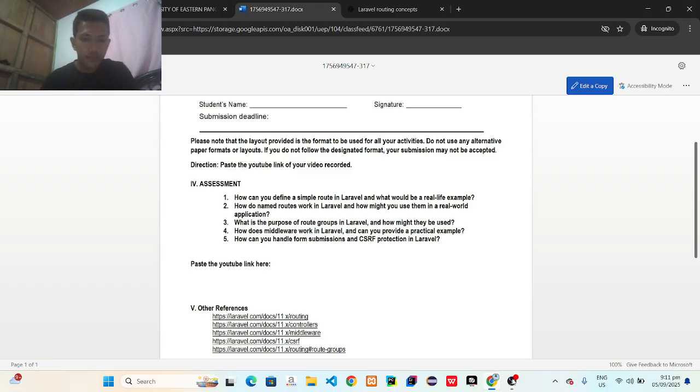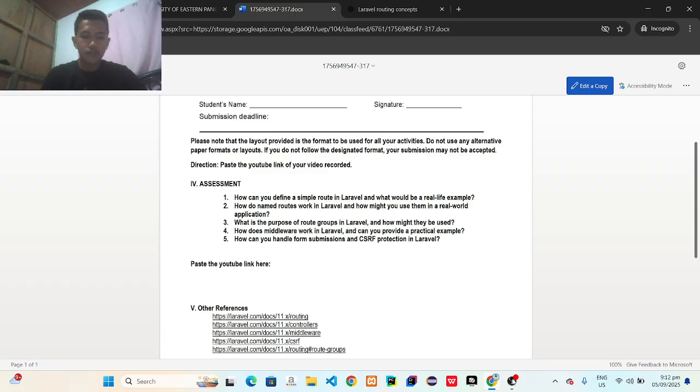Number 4. How does middleware work in Laravel, and can you provide a practical example? Middleware works like a gatekeeper for your app. It checks requests before they reach the main code.